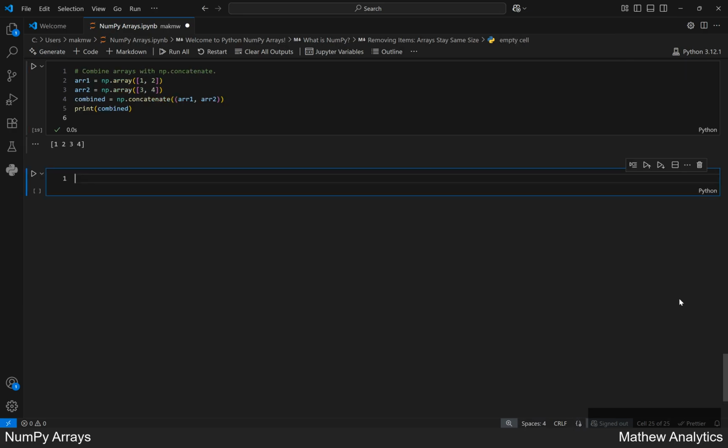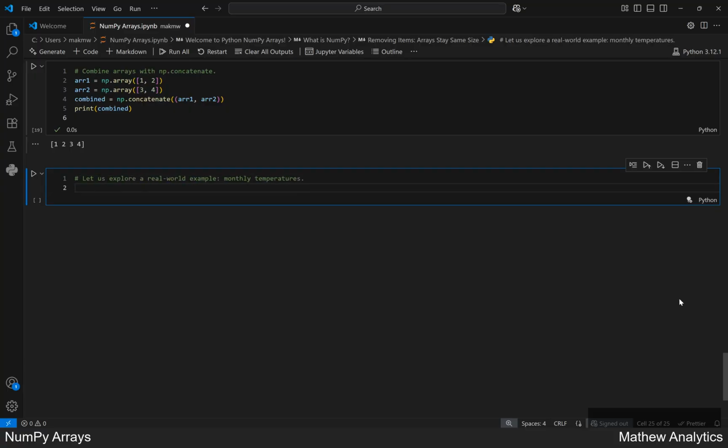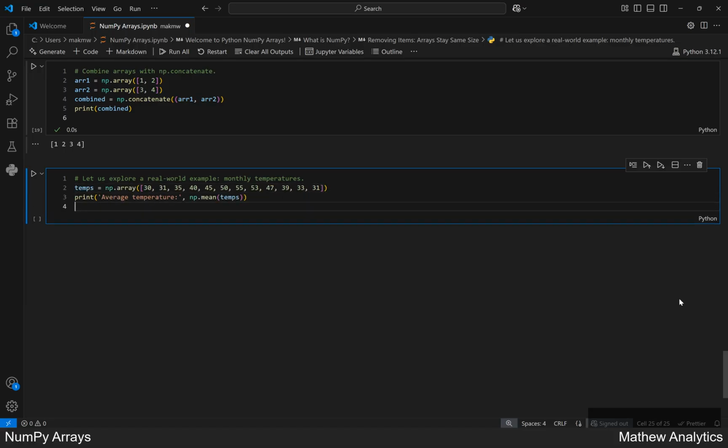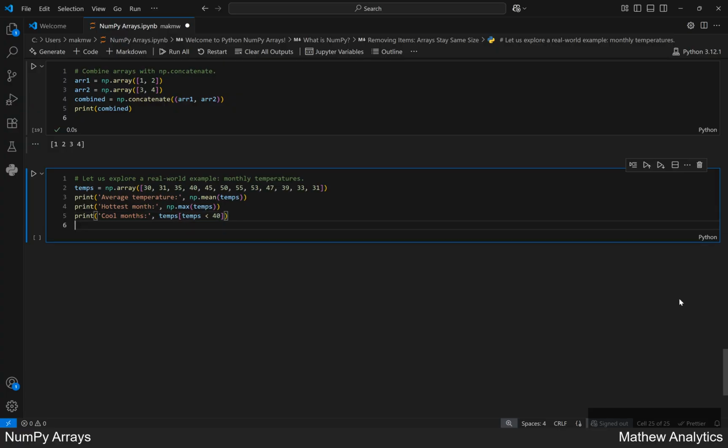NumPy is great for real data, like weather stats. Comment introduces our real data. This array holds 1 year's worth of monthly temperatures. We print the average temperature of the year. Prints out the warmest value from the months. Shows all months where it is under 40 degrees. Running the cell now. What kind of daily, weekly, or monthly data do you have that you could use in